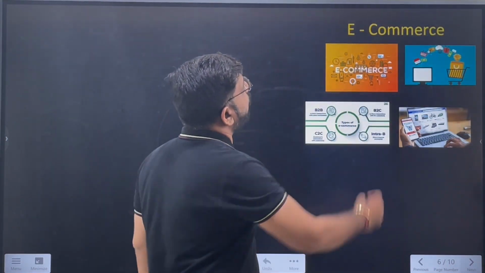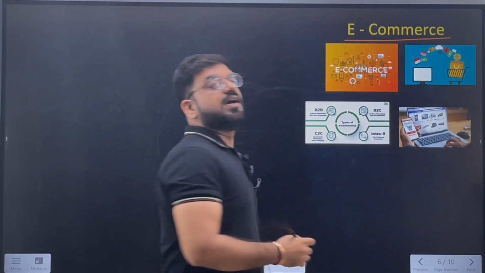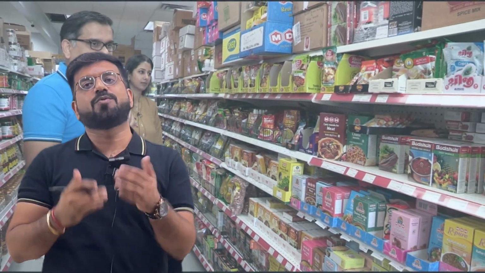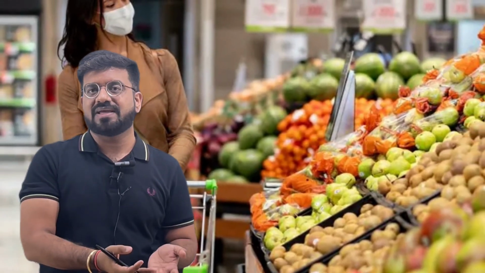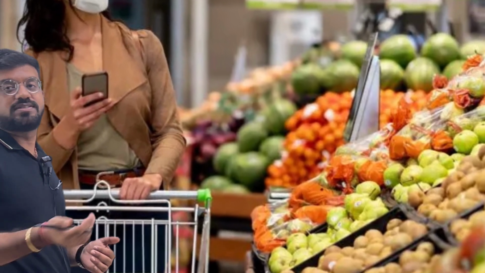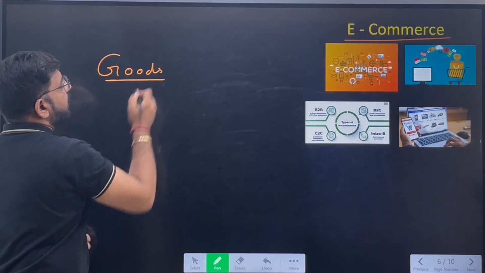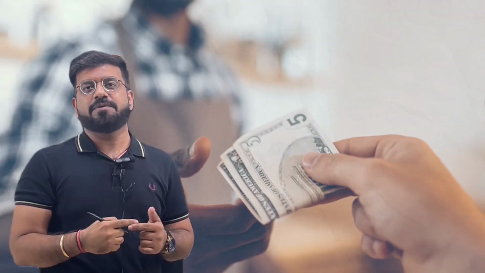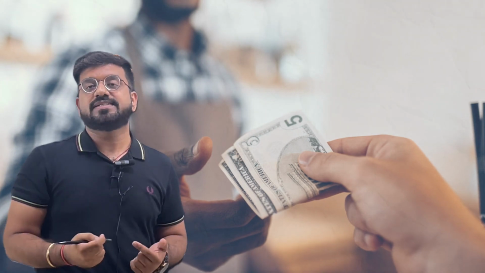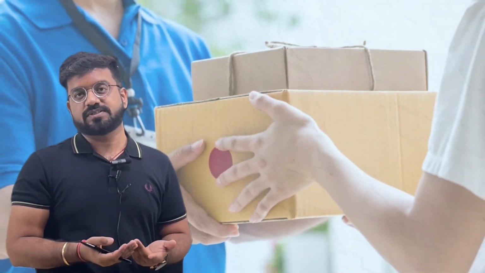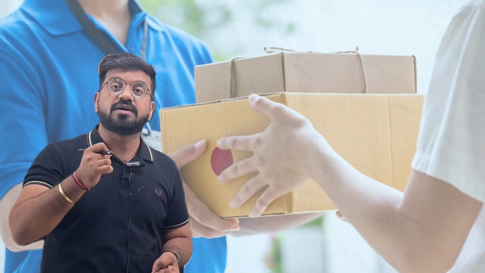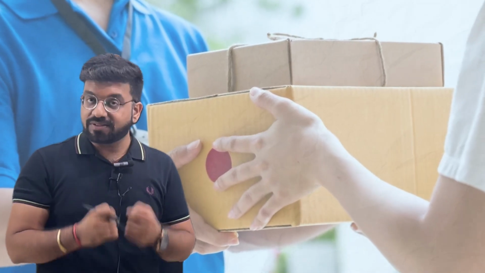Next is e-commerce. Earlier, what used to happen? If you wanted to buy goods, you would go to the local market, you would go to the shopping mall, you would go straight to the shopkeeper and ask for the goods and services you require. You would feel that product and buy it by paying cash. Nowadays, what's happening is that we want a luxurious life. We don't want to step out of our houses to buy goods or services. We want the goods to be delivered to our homes directly. For this,